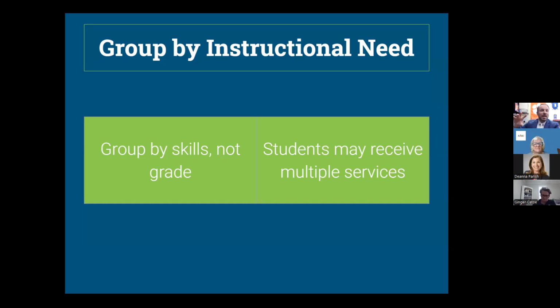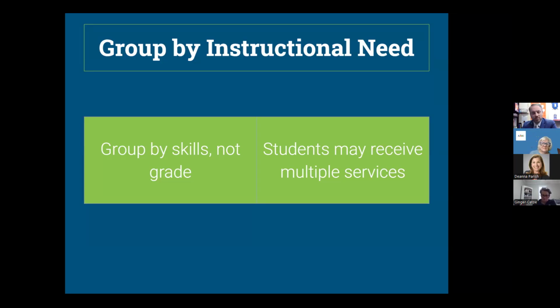I don't like to necessarily, and I get it. Sometimes you can't have somebody that's too far apart age-wise because the kids don't really like that. But we were able to make it work where we're really close. It might be fourth and fifth grade or third and fourth grade that are kind of together. And I'll show you an example here in a minute of what that looks like, of how we did it. But you're going to group them by skill and not necessarily, again, by their grade or age.